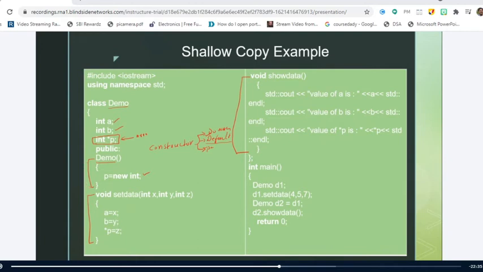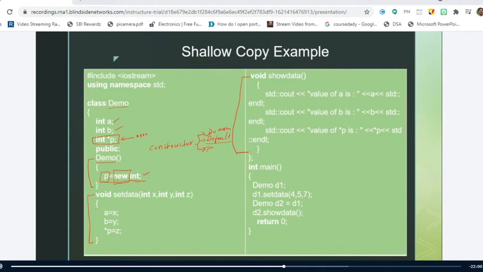So whenever you create an object, this particular constructor will be invoked, and it has only one statement, p is equal to new int. Therefore, new is an operator. In the first class itself, we have seen new and delete are the operators supported in C++, which are used to allocate and deallocate the memory respectively. So new is used to allocate the memory. I am going to allocate the memory for p. p is nothing but a pointer of type integer. Therefore, I am allocating new int.